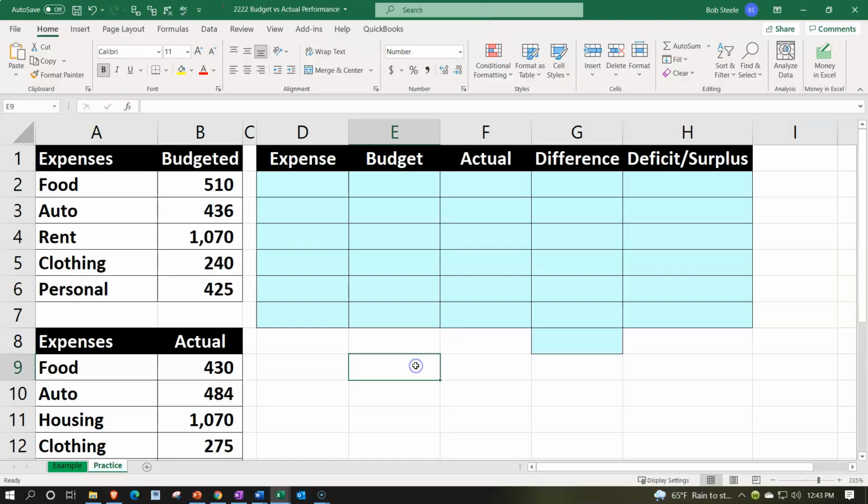Here we are in our Excel worksheet. If you have access to the Excel worksheet and would like to follow along, note that we're down here in the practice tab as opposed to the example tab. The example tab, in essence, being an answer key. Information on the left-hand side, we're going to populate into the blue area on the right-hand side, comparing the